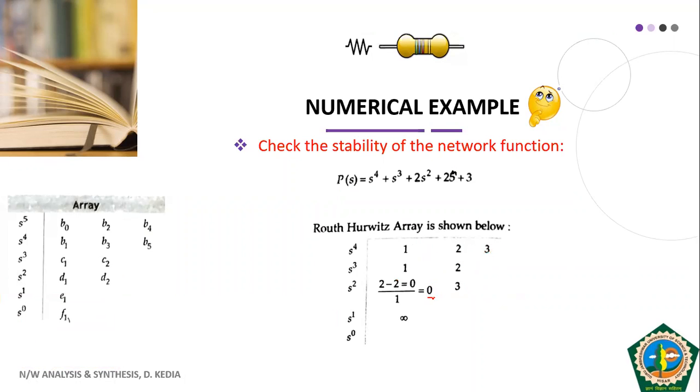Let us see how actually we get that. So this is 0. Now we need to obtain the value here. How do we do that? 2 cross 0 is 0. Minus 3, that is minus 3 divided by 0, that is nothing but infinity. And if infinity comes, this Routh array does not provide any information to us. So we will have to resolve this standoff. We will have to remove this infinite thing here. We will also have to look into this existence of 0. Only then we will be able to solve it further. So let us see how to resolve this issue.